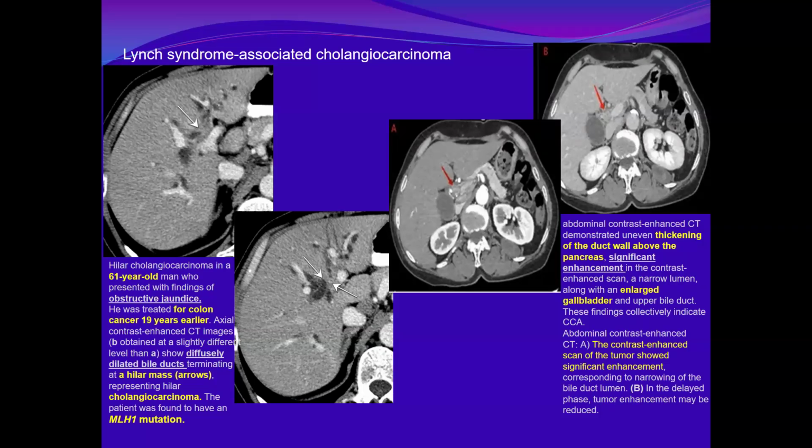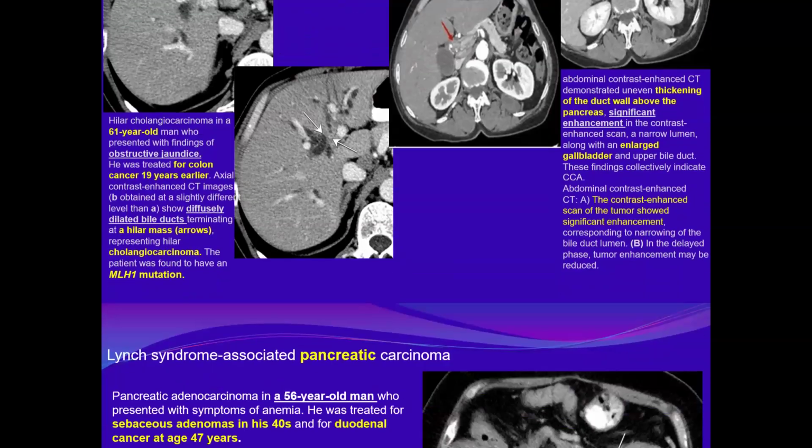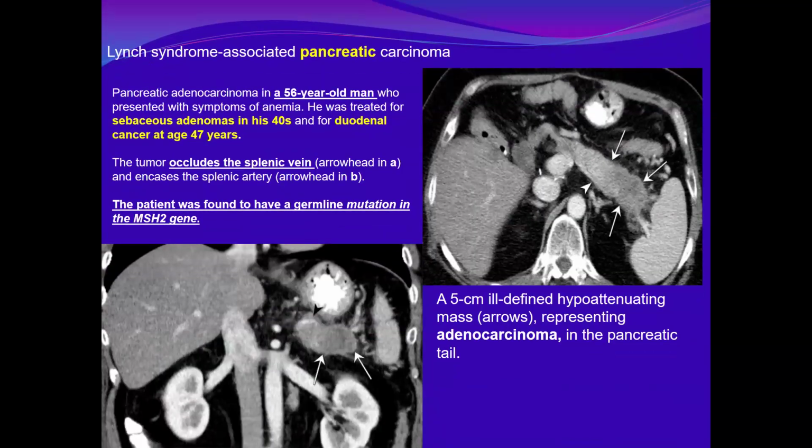and found to have MLH1 mutations. Okay, Lynch syndrome associated pancreatic carcinoma. A 5 centimeter ill-defined hypoenhancing mass at the tail of the pancreas, proven to be adenocarcinoma in a 56-year-old